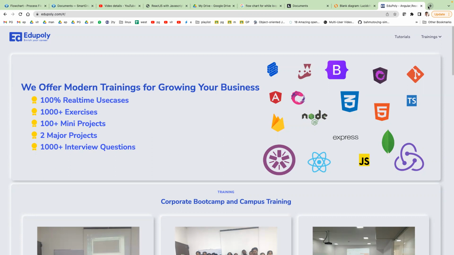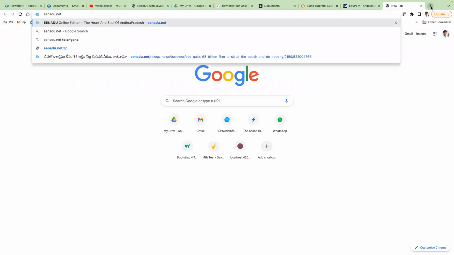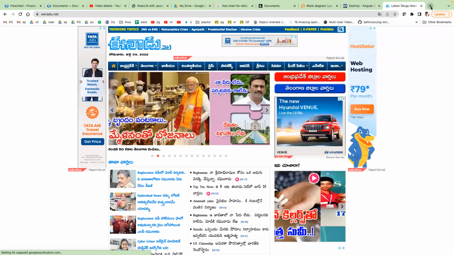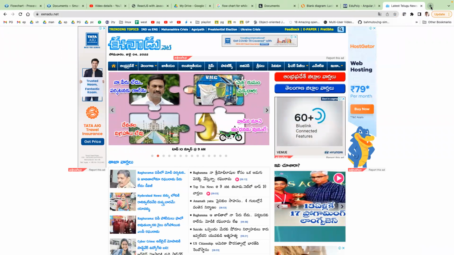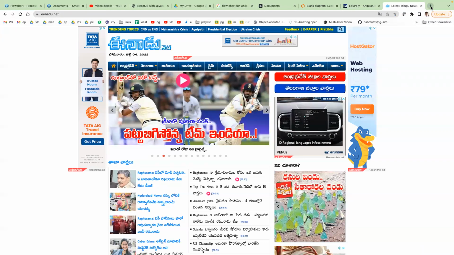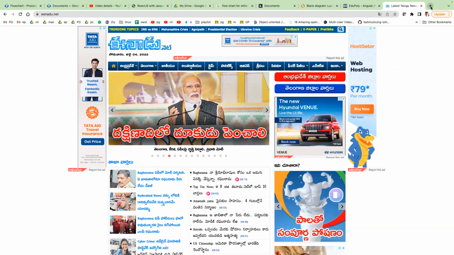I have the server, but I have named it edupoly.com. Okay. I have one more server that is called enadu.net. So when I press enter, what happened? By default a request goes to that web server. Which web server? enadu.net. Sir, technically speaking, this is domain name, address, DNS. There are so many things. First of all, conclude it here.